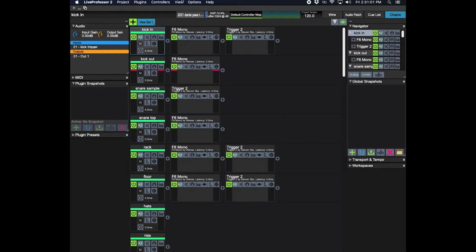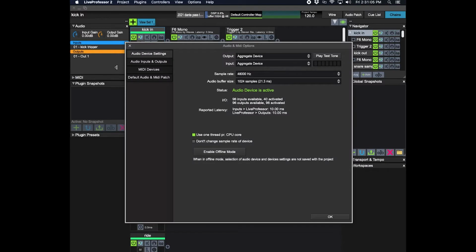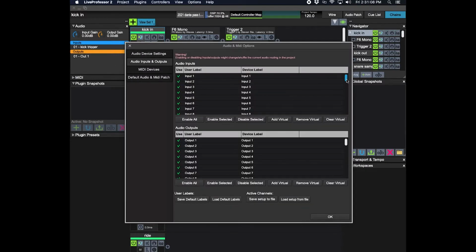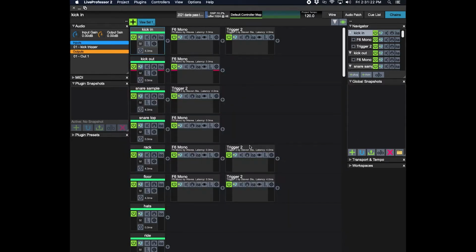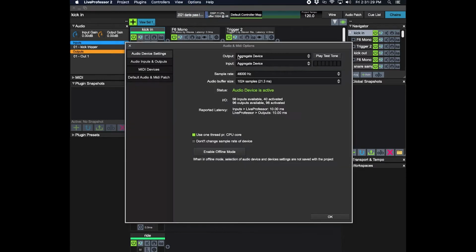So what we're doing, if we go into audio MIDI options and inputs and outputs, there's a bunch of stuff going on here, and you'll see there's actually duplicates of things going on as well. So it's a little bit overwhelming if it's not kept track of. But basically what's happening is it's set up as, if we go here, you'll see